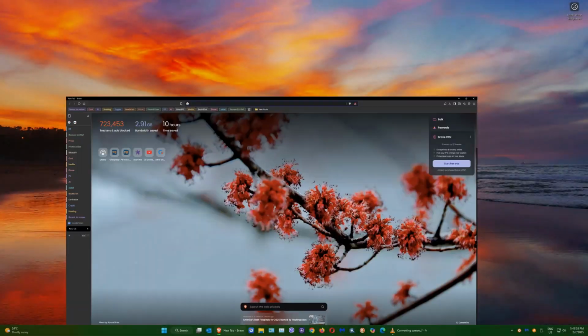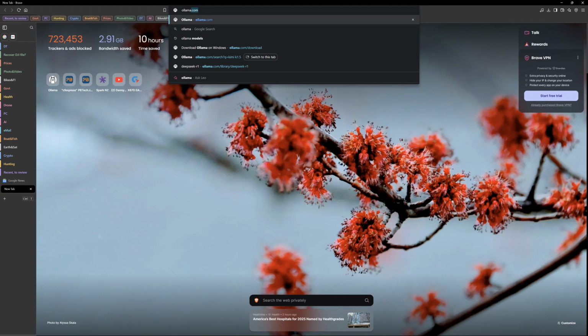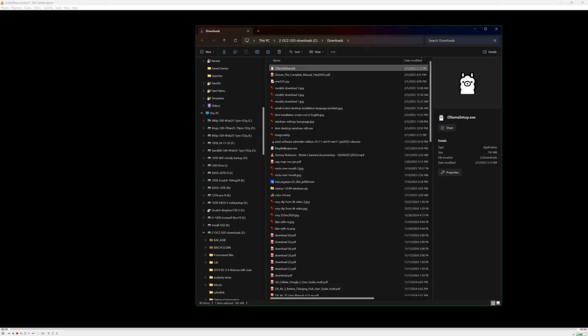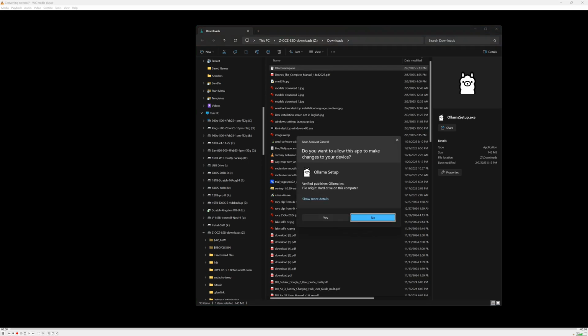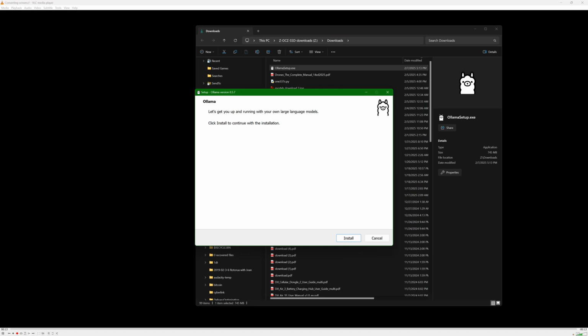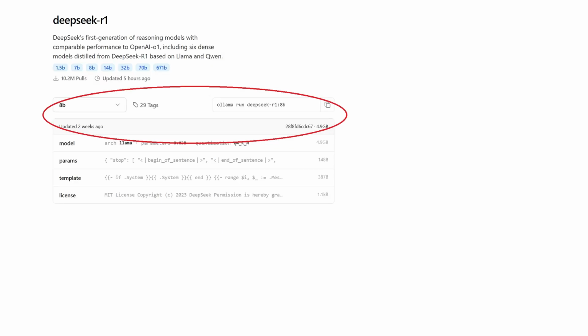I'm running Windows 11, opening up the Brave browser. You can use any browser, going to ollama.com, downloading the Windows version of Ollama, running the Ollama setup.exe as administrator, and install. Going back to the website, clicking on DeepSeek R1, you see there are various models you can